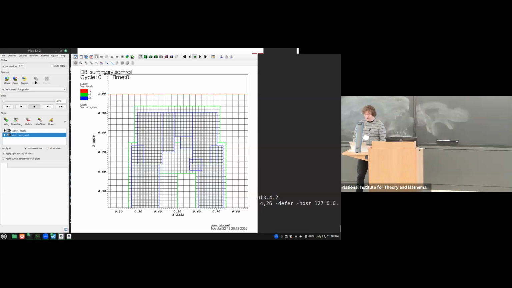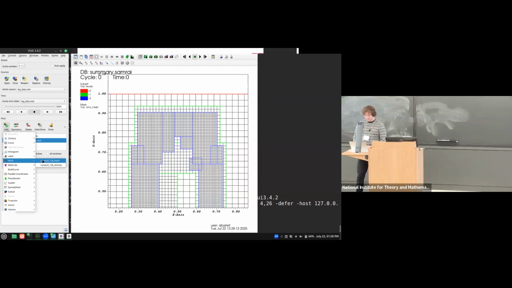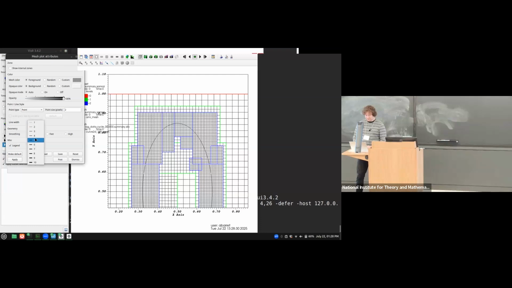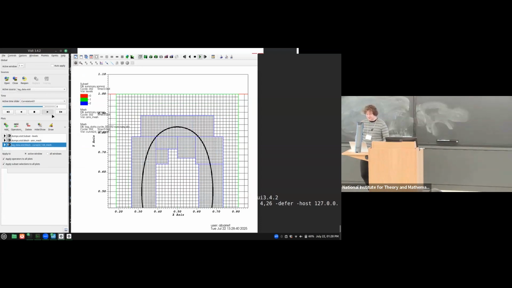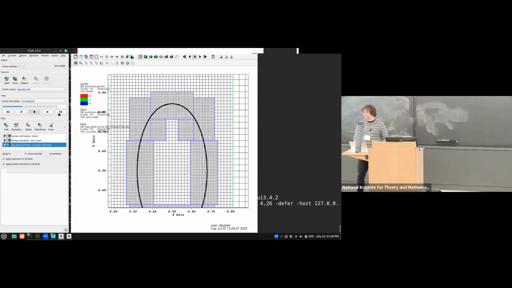And again, I'll open up the lag_data.visit, curve. Make it a little bit bigger. We don't have very many time steps, but you can see the mesh as it changes for the first 5 time points. Question. Yeah. So how do the IBAMR folks feel about having a symmetric problem and then the mesh